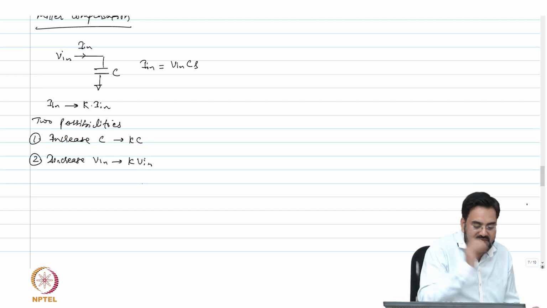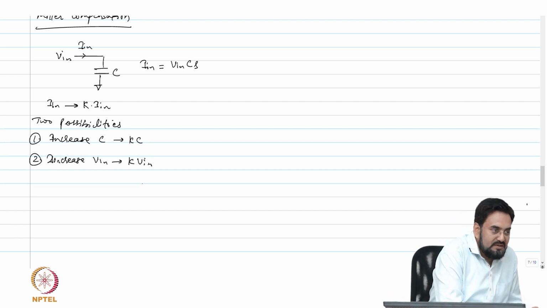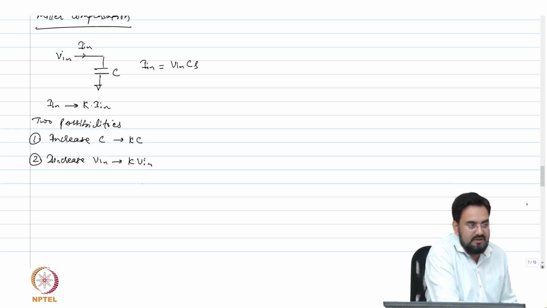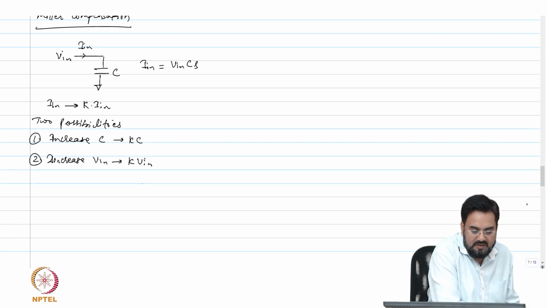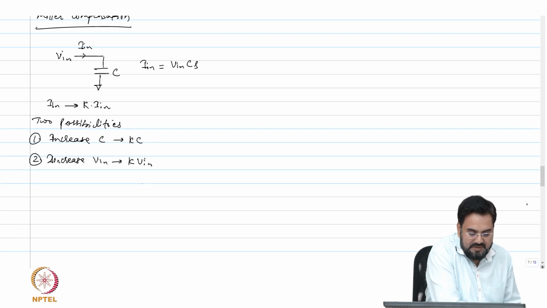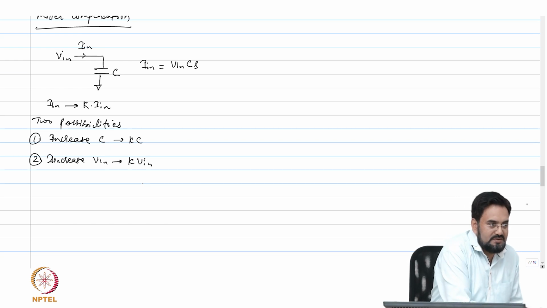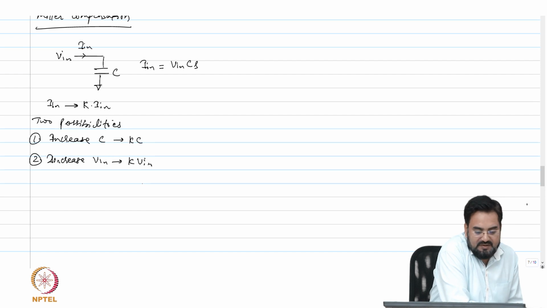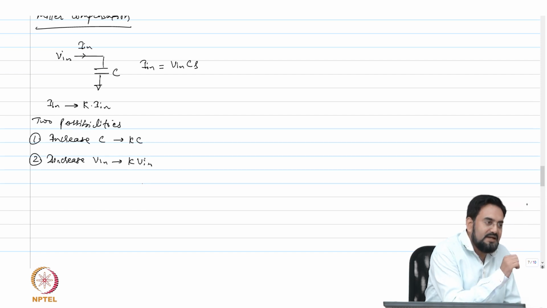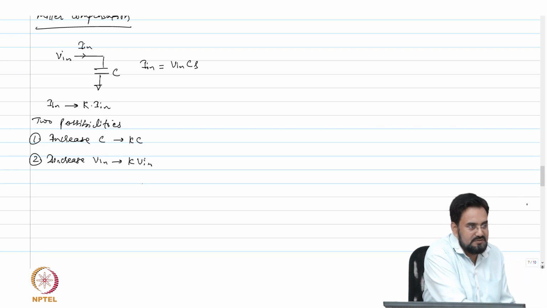So increasing V in is not feasible, obviously, because if let's say you have 1 volt and you want 10 times the current, you have to put 10 volt, and you may have some reliability concerns. Obviously your devices will blow off at 10 volt, because these devices are supposed to be operating at 1.8 volt. Okay, and if you have a small signal, you are looking at a millivolt and increasing it to 10 times, then it might be possible, but then you need an amplifier and all those.